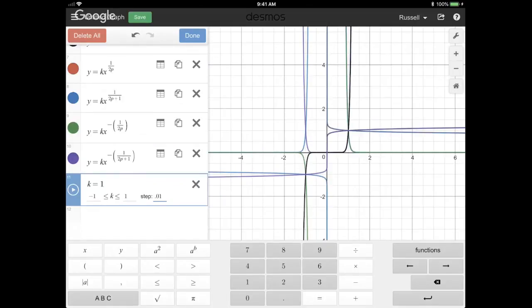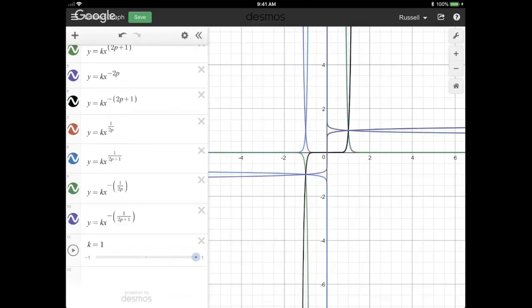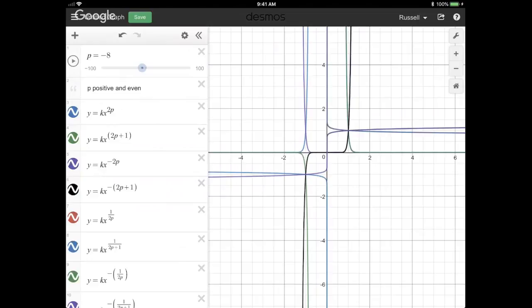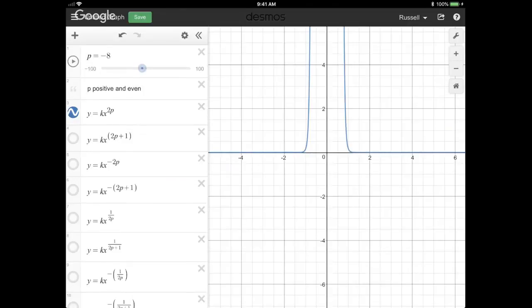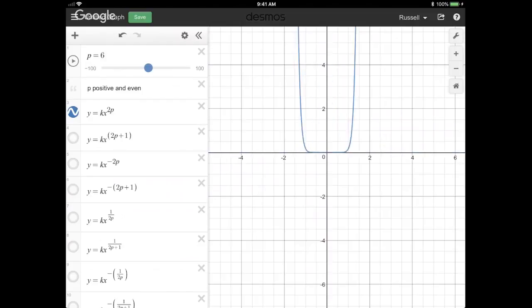Small step there. And what this is going to do, let me just show you what happens for one function. I'll turn all these back on in a second. Okay, k is 1. We got that, right? Now what happens here? I'm going to decrease the value of k. And it looks like these are bending in, right? And that is what happens. k is multiplying this function and shrinking it. If I made this a positive, we might be able to see it a little bit better. Let's make it a small positive, like a